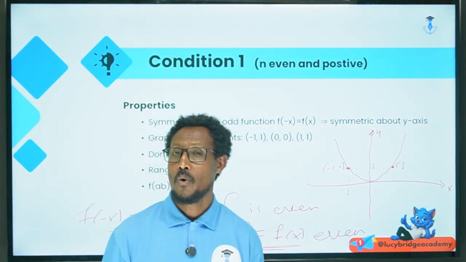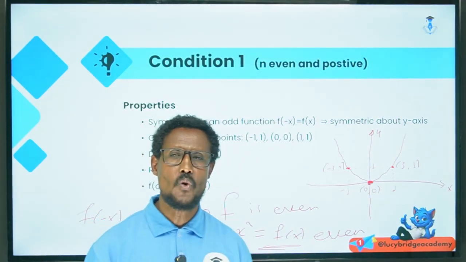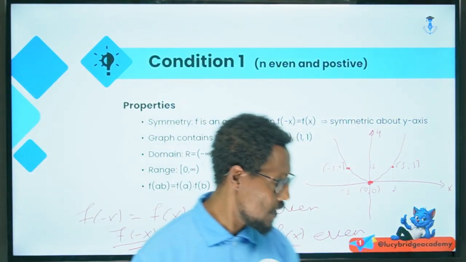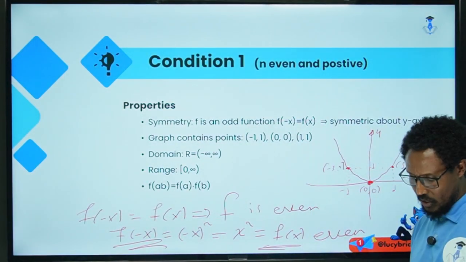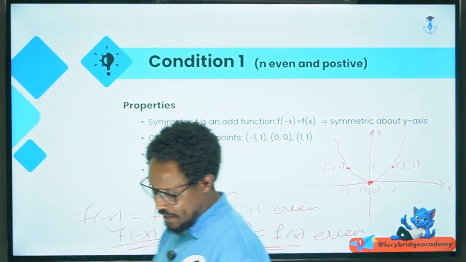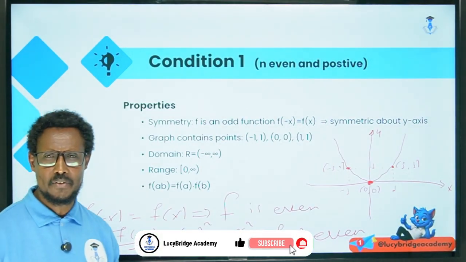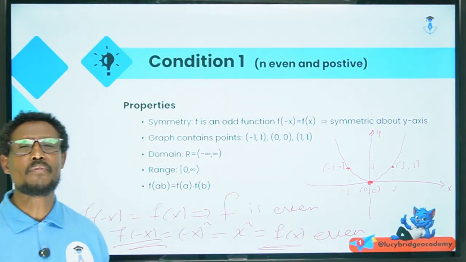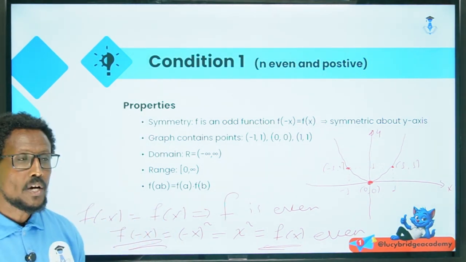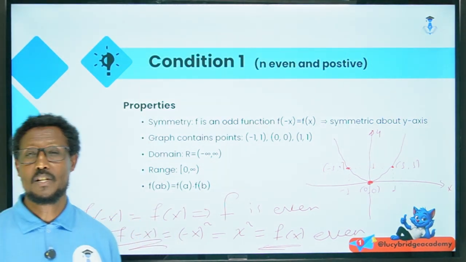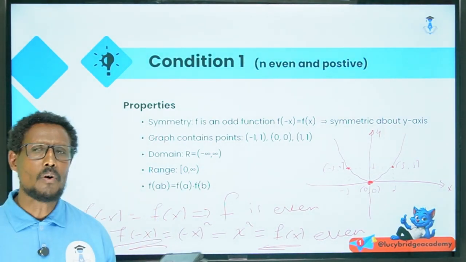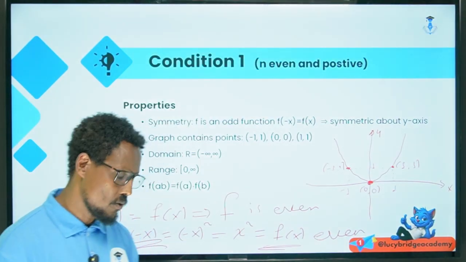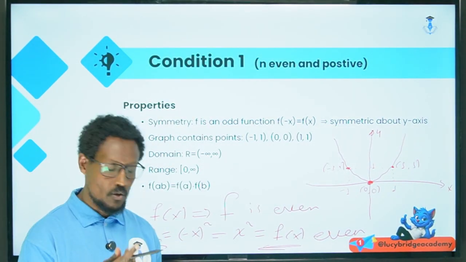common elements. ሁሉም ፋንክሽኖች ላይ x squared ላይ x the power of 4 ላይ x the power of 6 ላይ እነኚህን ሶስቱን ፖይንቶች እናገኛቸዋለን ማለት ነው። Okay, we have all these 3 points, and the domain is R. We know that the domain of every quadratic function, when the leading coefficient is greater than 0, it's an upward parabola, and the domain of every quadratic function is the set of real numbers. So x square quadratic ስለሆነ domain is the set of real numbers ነው። x the power of 4, x the power of 6, x the power of 8 and so on. እነሱ ምን ይሆናሉ? ዶሜናቸው the set of real numbers ይሆናል ማለት ነው።